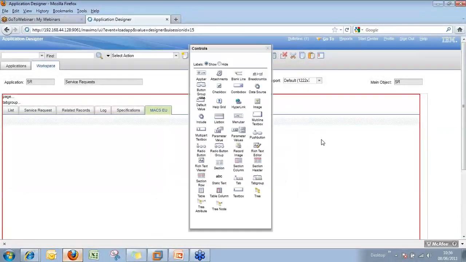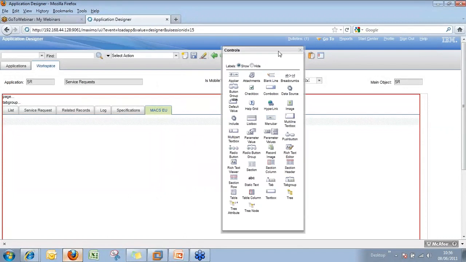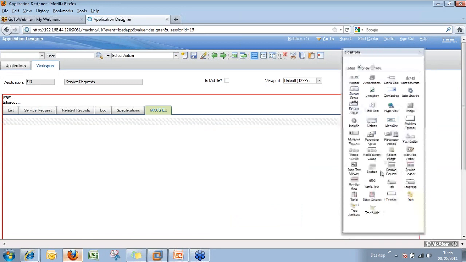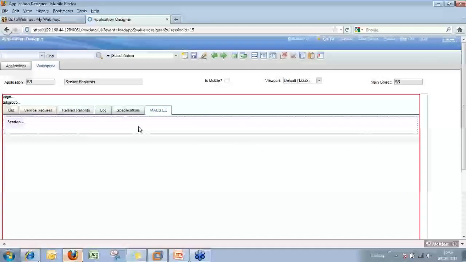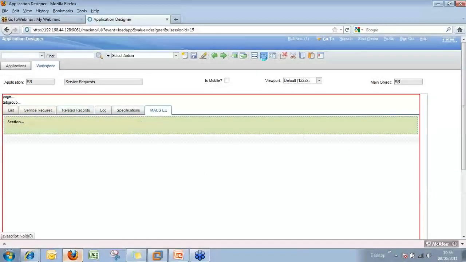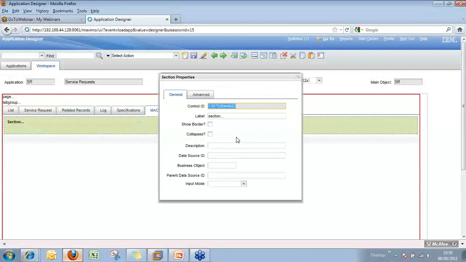And we have to put a section onto the tab. You just have to add a section. There you go. And in the section properties, you can give a label to the section,